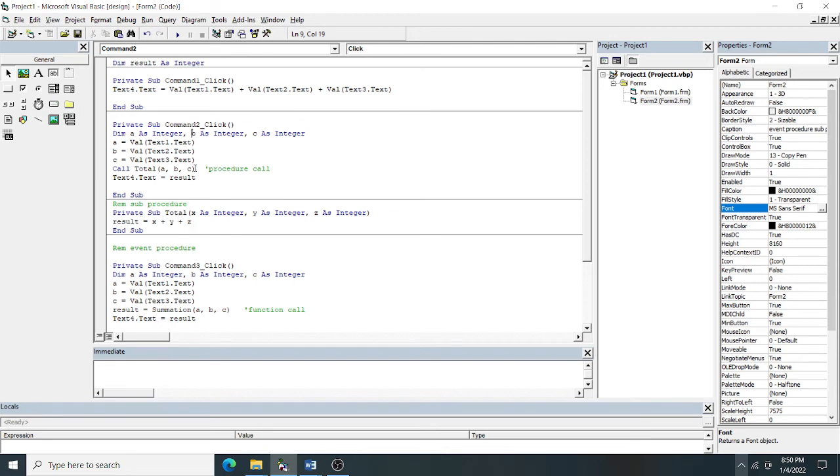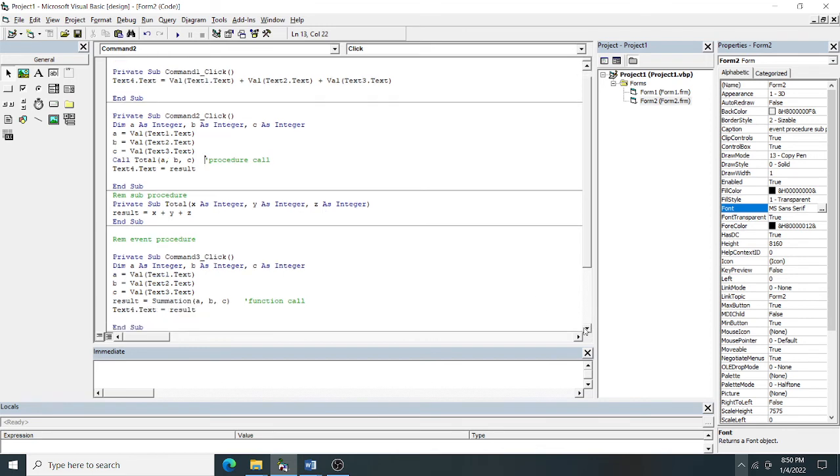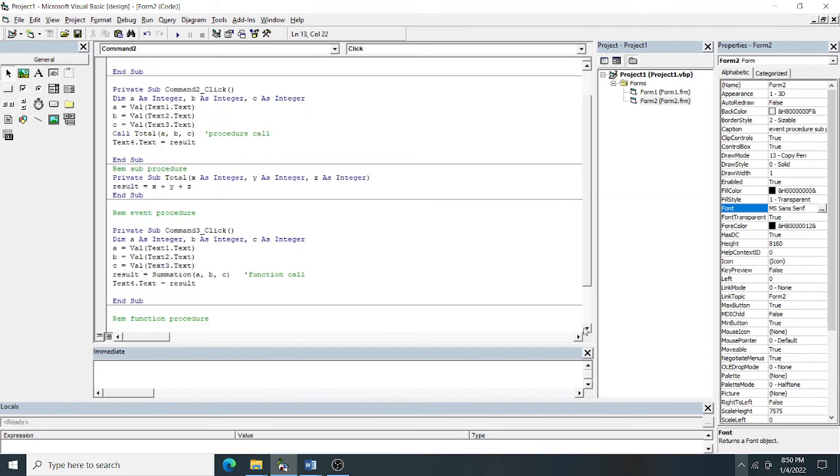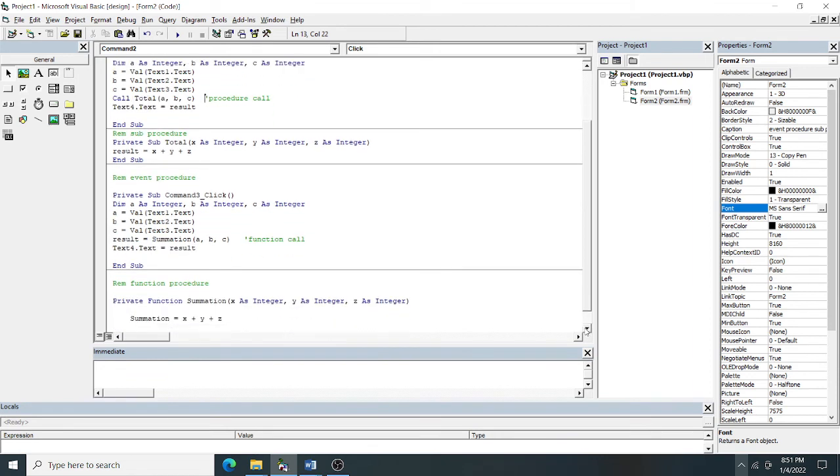To make a call to the procedure, you have to write Call, the procedure name, and the argument list separated by commas. Next one is again Command3_Click, a result of an event procedure, but it is calling the function procedure, which will return a single value.